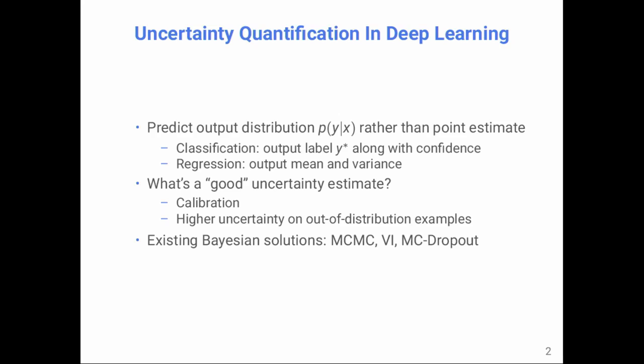There's a lot of work on uncertainty quantification, but it's mostly around Bayesian neural nets. They work well in small data regimes, but they are hard to scale and require significant modifications to the regular training, and they don't scale very well to, say, ImageNet. So in this work, we present a simple yet surprisingly powerful non-Bayesian baseline for estimating predictive uncertainty.